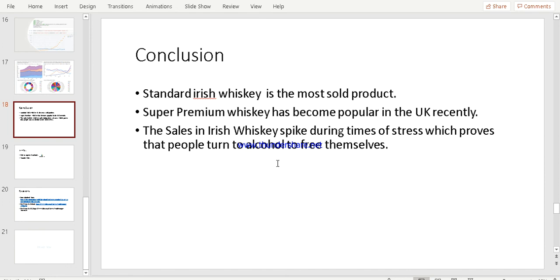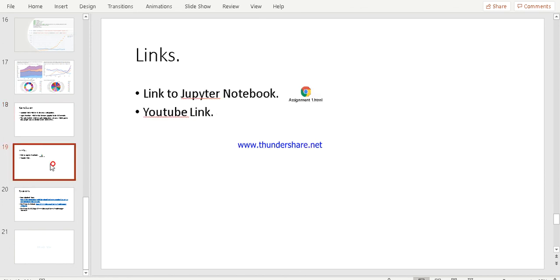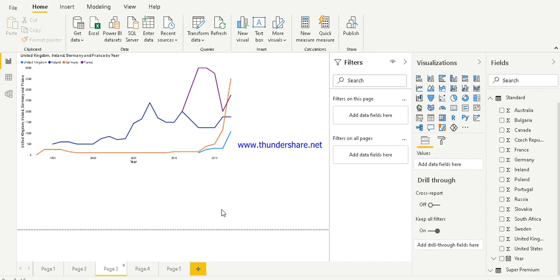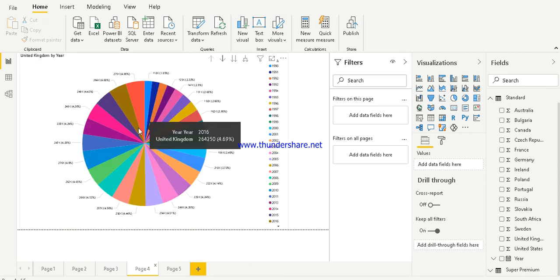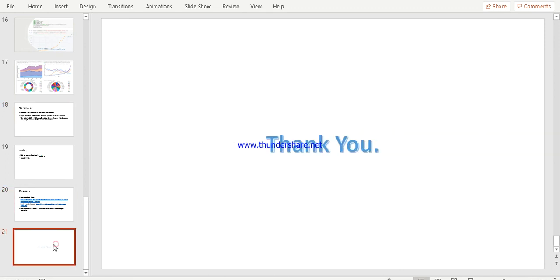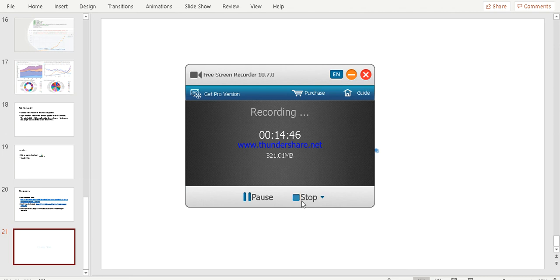which brings us to the fact that alcohol is a stress reliever, but it can also cause very bad things to happen. The product that sells the most is the Irish standard whiskey. And basically that's all I got. I'm sorry that it shifted from what I wanted to make, but